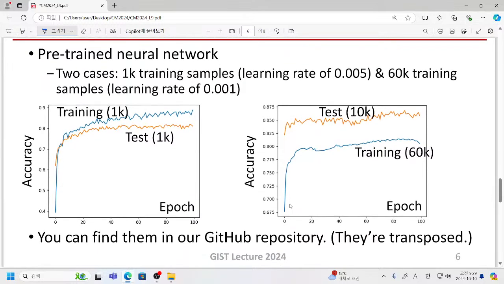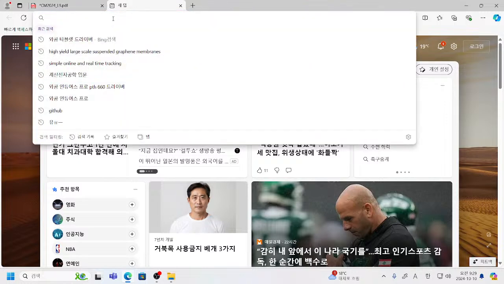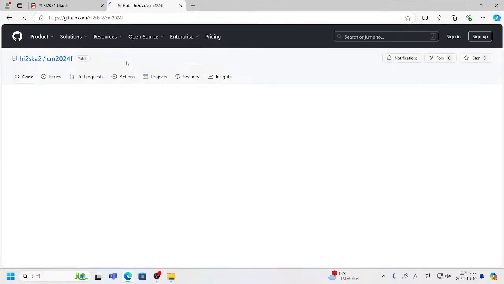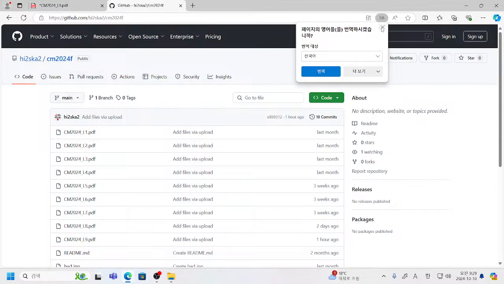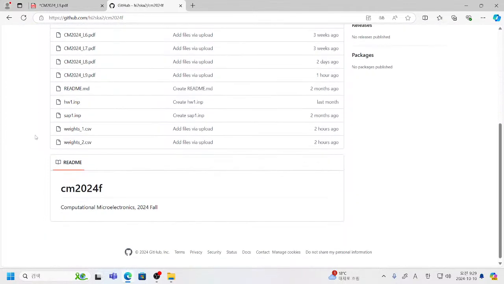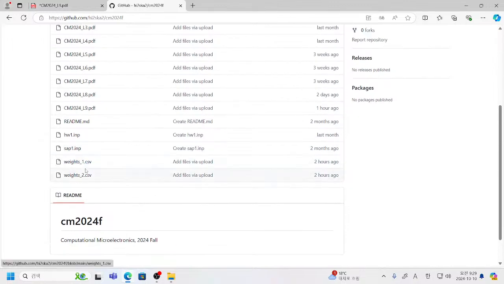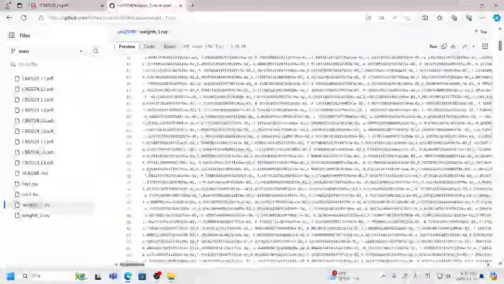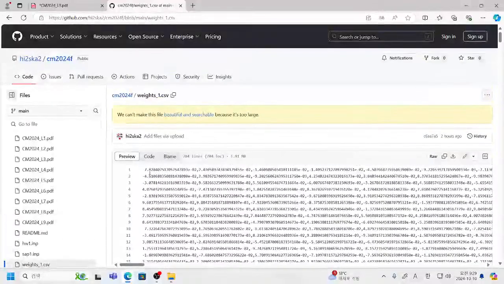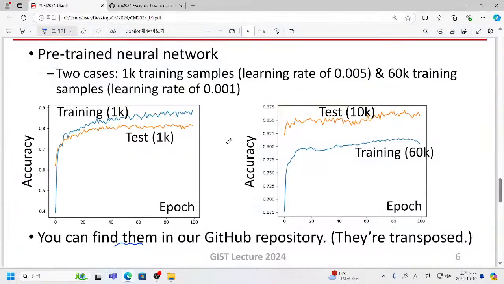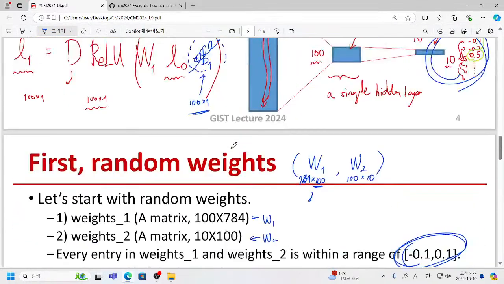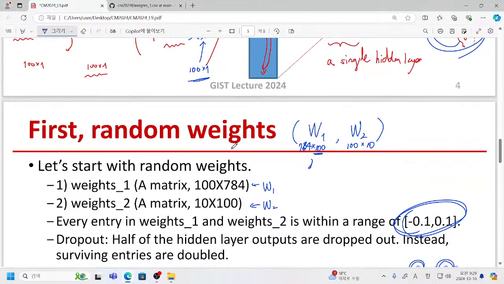neural network. You can find them in our GitHub repository. So why don't you just visit our GitHub repository together? Okay. So when you have a look at our lecture repository, I have prepared these CSV files. When you click it, you can find those numbers. Those numbers have a certain size. So please think about the size of our W1 and W2. It should be, for example,